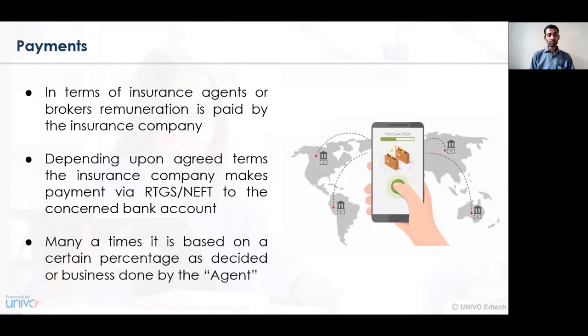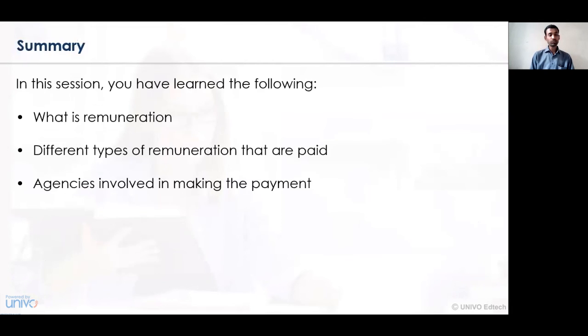So these are the various modes of payment, wherein the payment can be made across the globe. A person situated in the US can make a payment in India. A person situated in India can make a payment in China or Russia or Australia, and so on. So there is proper global connectivity, and from remote locations to exterior or interior locations, the payment can be immediately transferred from one location to another.